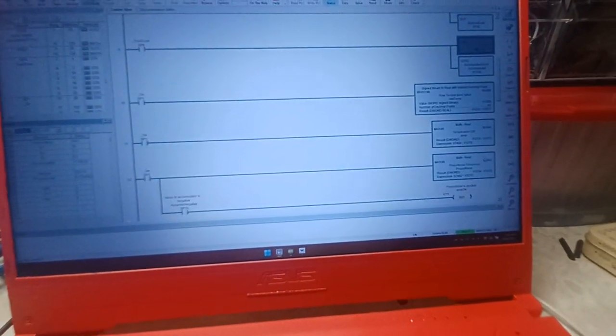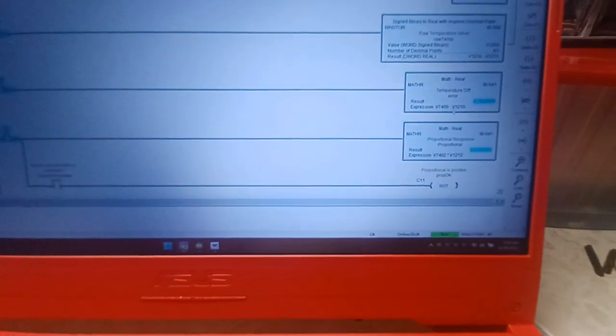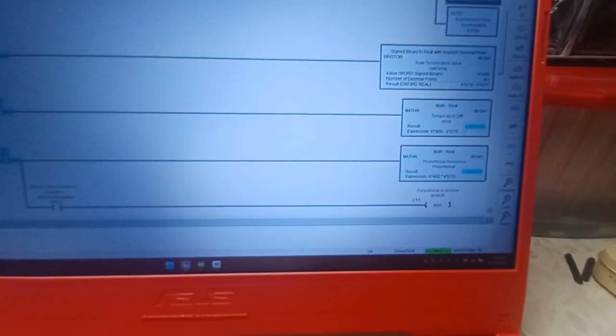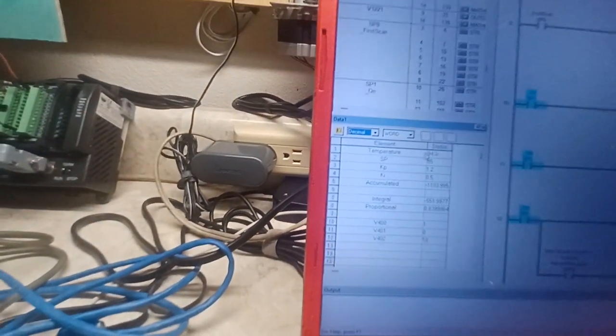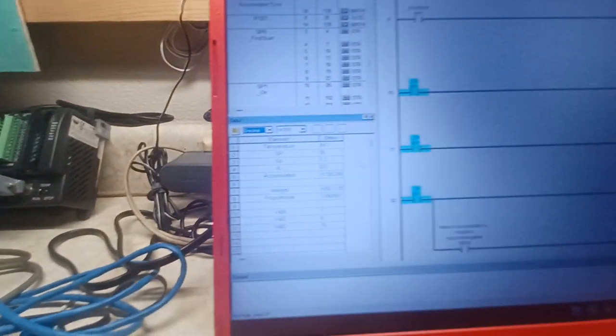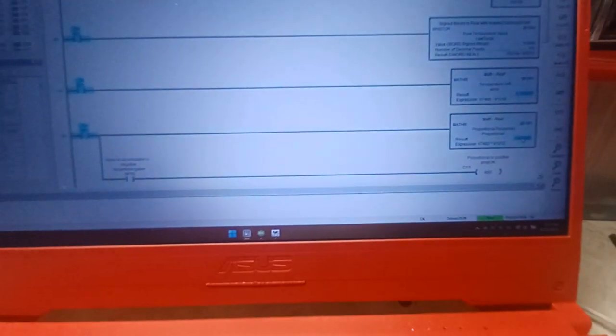The error is the difference between the set point, which is a non-volatile variable, minus the thermocouple in real format. Right now, the thermocouple is at 94.32, and the set point is 95. So there's a slight error here, about 1 Celsius. All of that gets multiplied by the gain, and it becomes a proportional